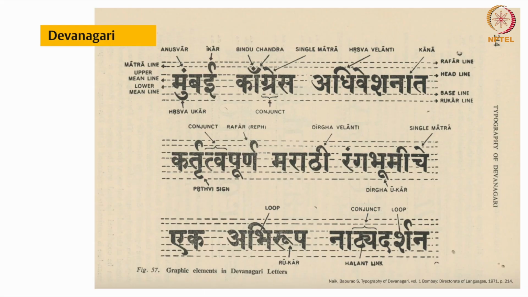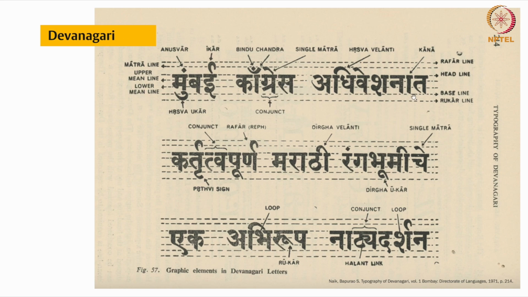Different scripts have different types of classification and anatomical features. Till now we have just discussed these features in relation to Latin scripts. However, there is a huge opportunity in Indian scripts to define and understand these anatomical features in detail. There are many studies which have been done on Indic scripts, especially Devanagari, to understand and define the anatomical features in detail. For example, if you look at this representation by Babu Rao Naik, it illustrates the complexity of Indian scripts. If you look into this, there are multiple lines.